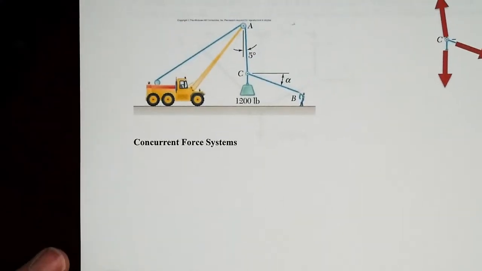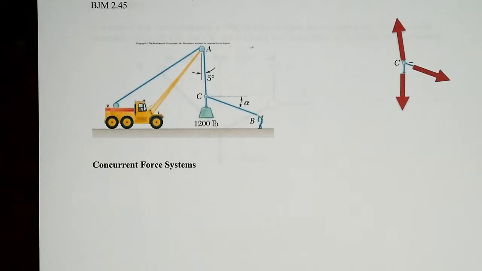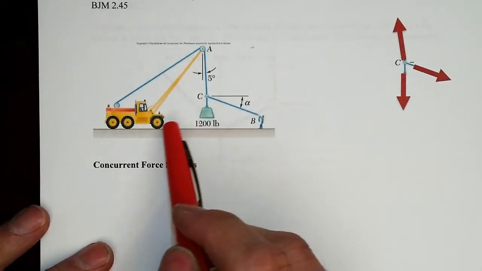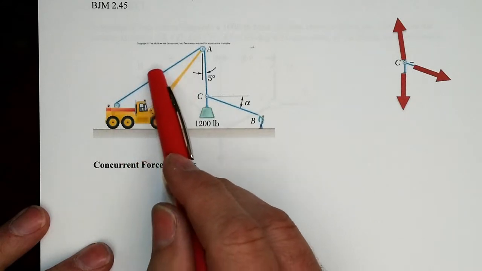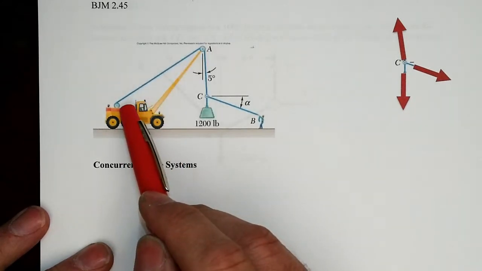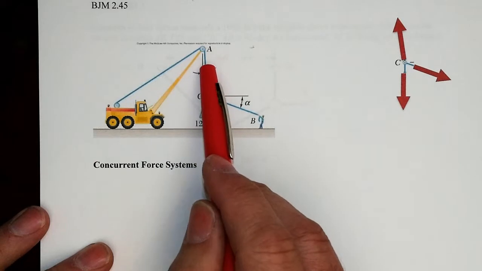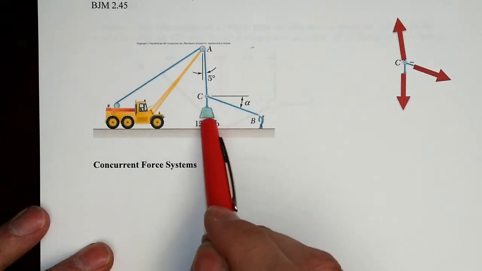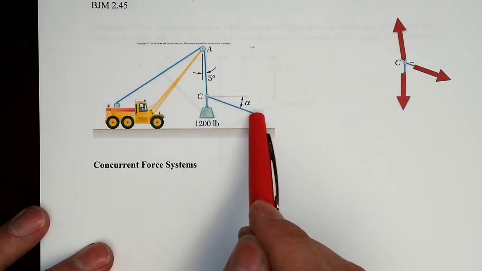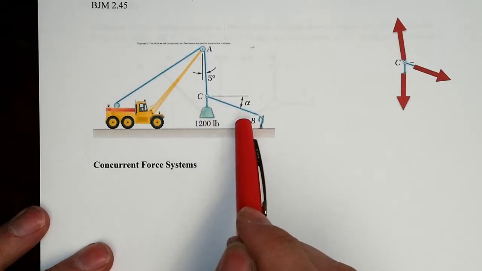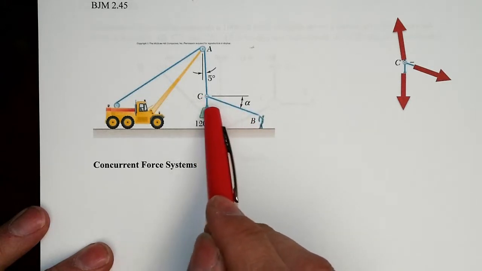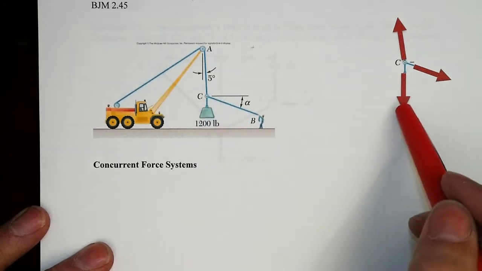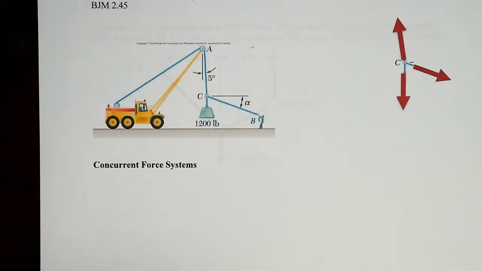Then one more example before we formalize some things and charge off into an example. We've got this lifting system, again, a rope cable that wraps around the pulley at the end of the boom and comes down, tied off at C. We've got this 1,200 pound weight here, and then another person trying to help control what's going on. They've got a cable attached and are pulling on it, so when we do a free body diagram around that joint,